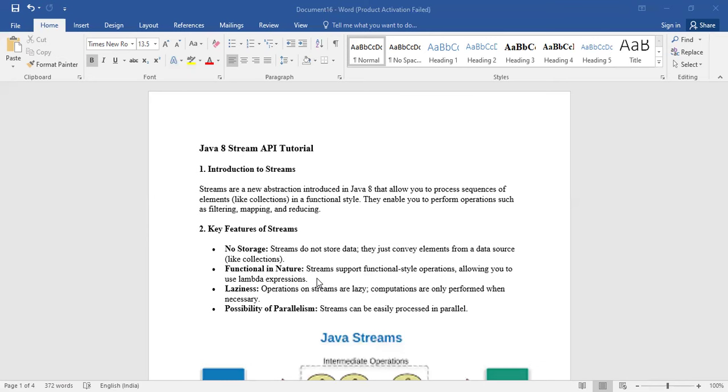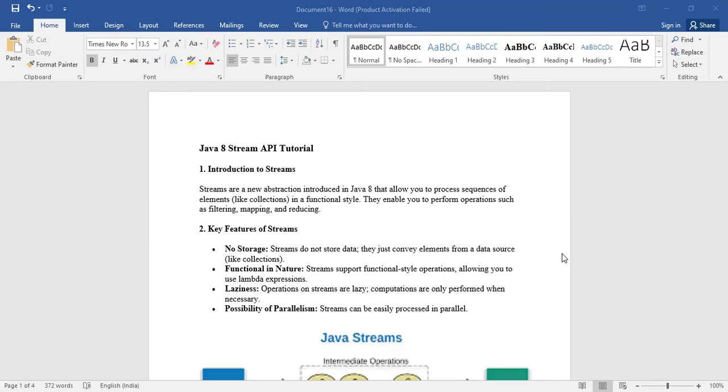Computation will be performed only when you call a terminal operation, when you have a necessity for it. Till that time, if you have no necessity for the entire result, the operations will not be called. That is what we call the laziness of the operation here.